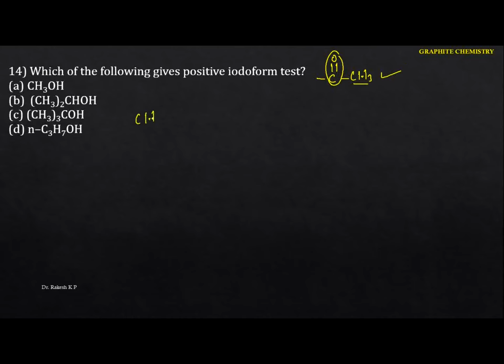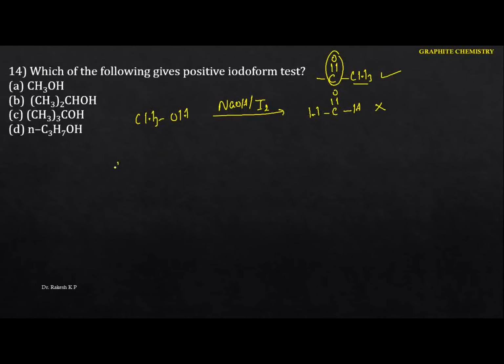They're given methyl alcohol. Iodoform test means you have to take a base, you can take sodium hydroxide or potassium hydroxide, and you have to take iodine. So we know that iodine also acts as an oxidizing agent. On oxidation here we are going to get formaldehyde. Just go to this one. We have a keto group, or the CO group, but it does not have the CH3, and it does not answer the iodoform test.